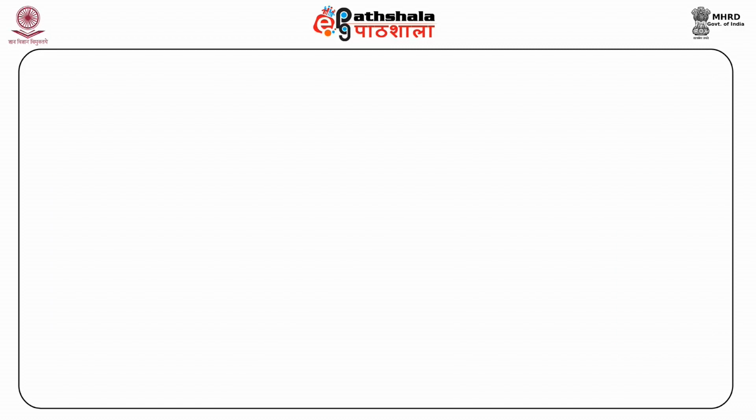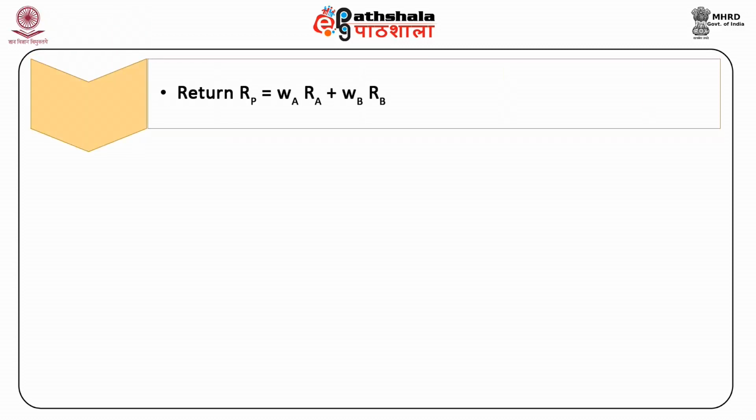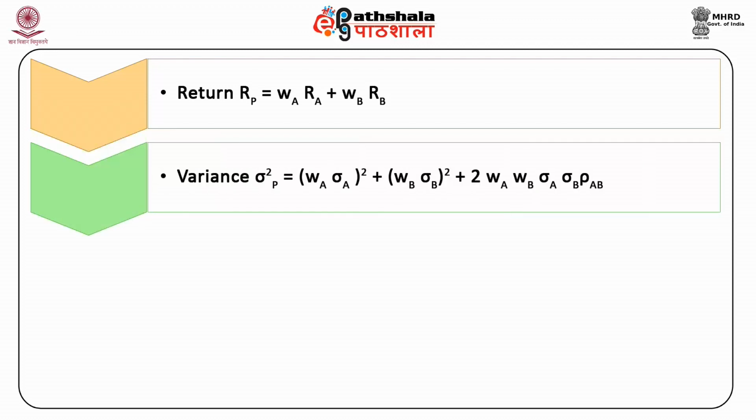A portfolio consisting of asset A and B will carry a return Rp, which will be given by Rp is equal to WA RA plus WB RB, and a variance sigma square P, which will be given by variance of P is equal to square of WA into sigma A plus square of WB into sigma B plus 2 into WA, WB, sigma A, sigma B, rho AB,